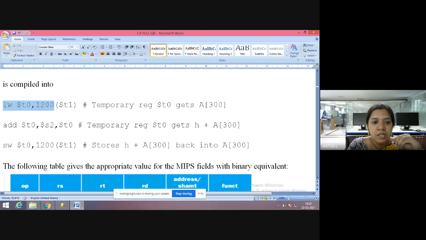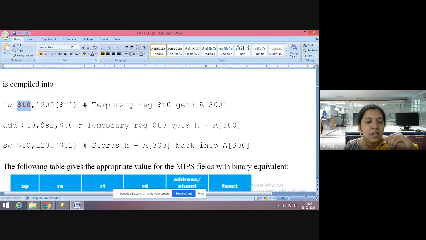Load is done here, and then you have $t0, $t1. A temporary register, $t0, is used. A loading value is done. This is a temporary register and it's loaded here, and then adding is done.